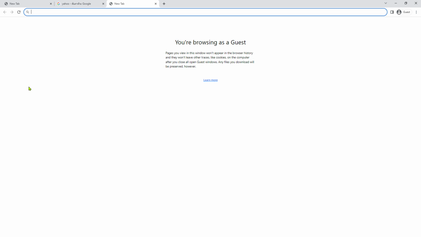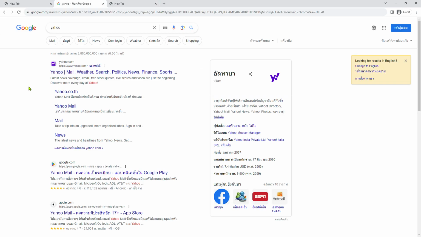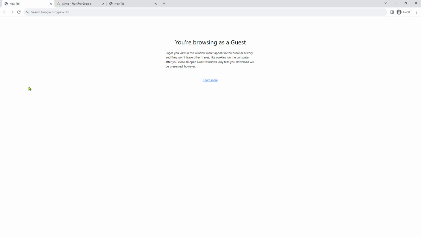Another thing you could do is you could hold Control Tab to kind of move forward. You can see here, just hold it down and